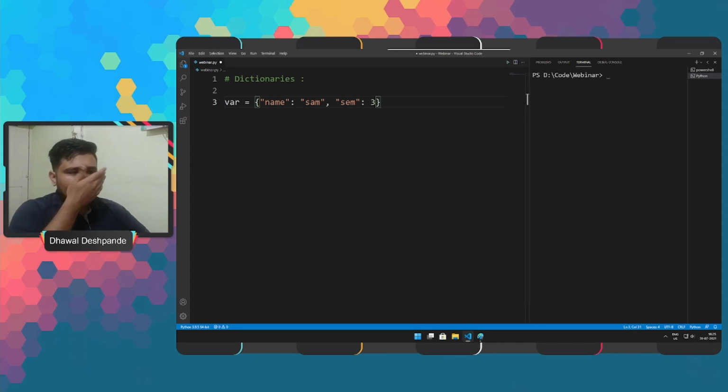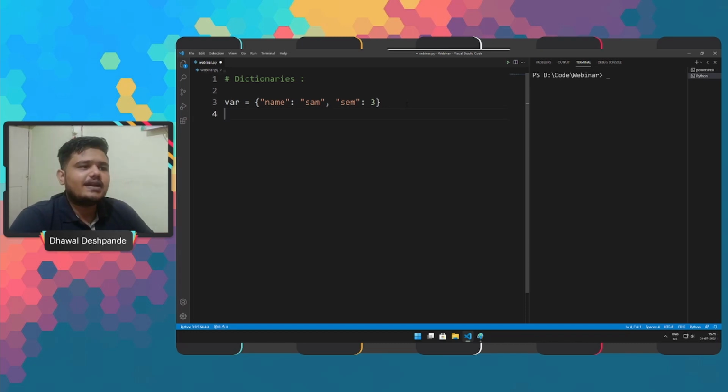correct? So when we compare this with list, in list we have indexes to come up with the specific data that we want, right? However, in dictionary, for specific data we use the keys, right? Say, for example, we only have to print name in this particular dictionary.